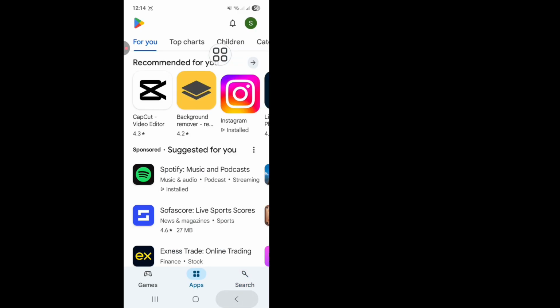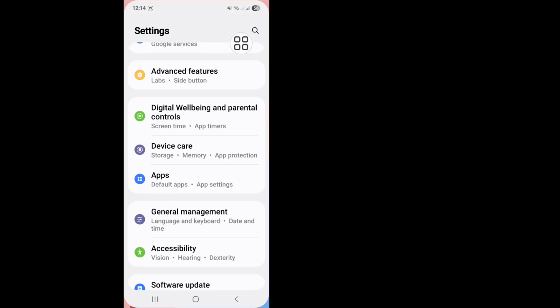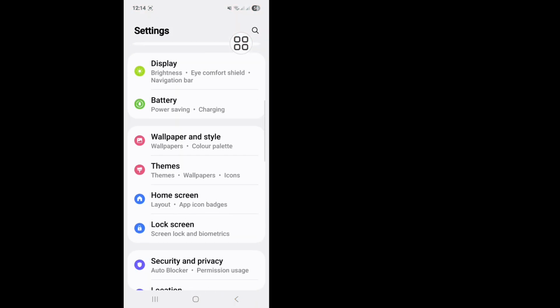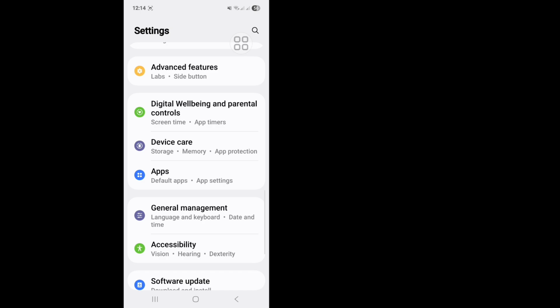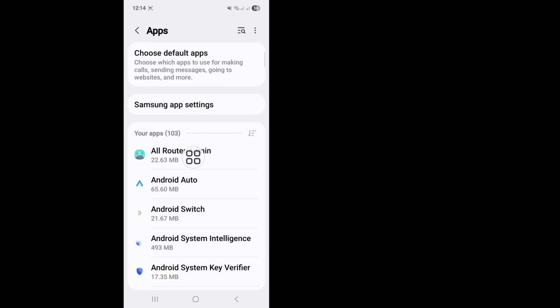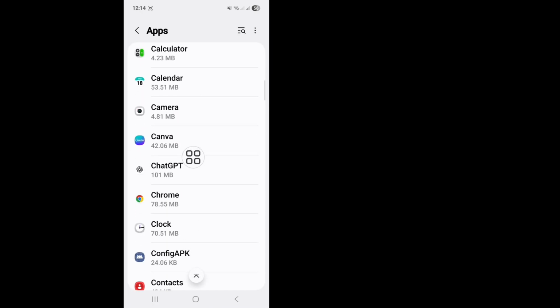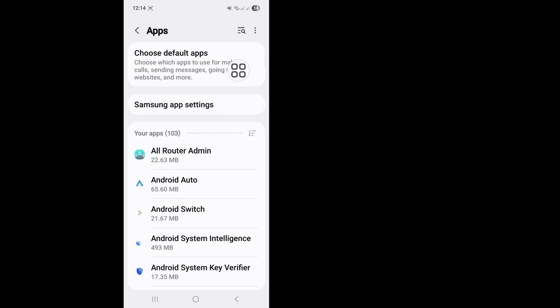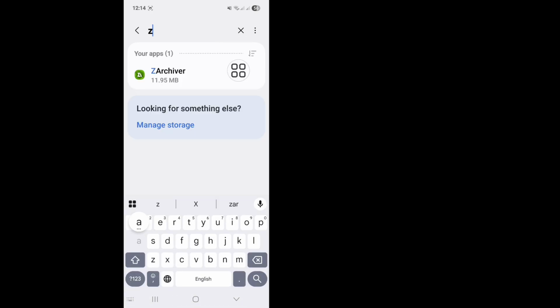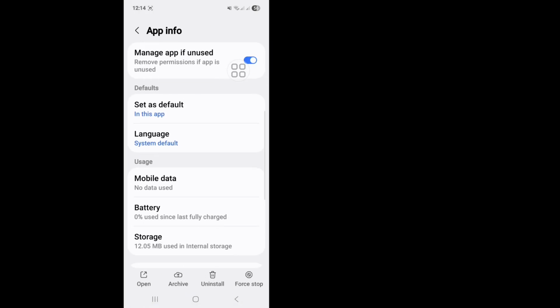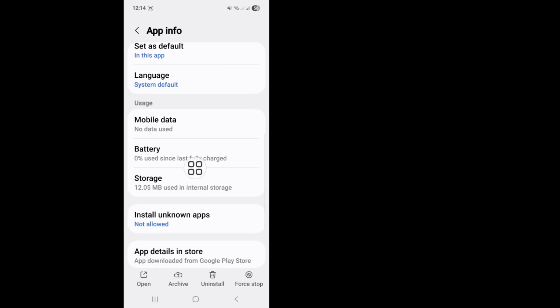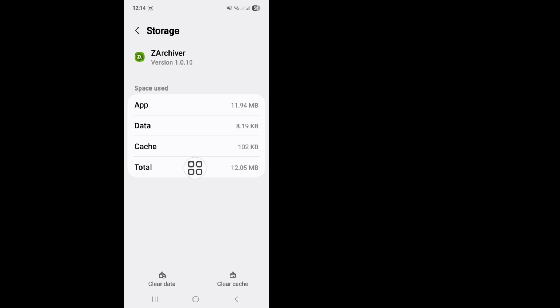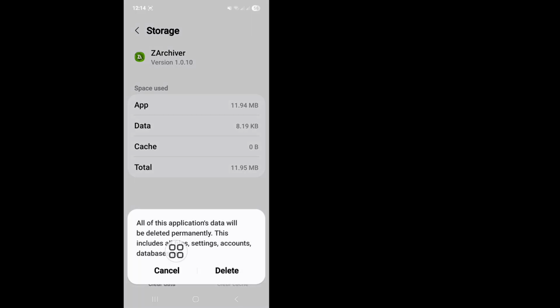Okay, back and second step, go to your phone settings and now scroll down and click on the apps icon and scroll down and now search here ZArchiver app and scroll down and click on the storage option and now click on the clear cache and clear data and